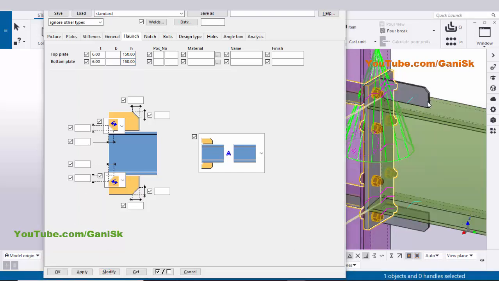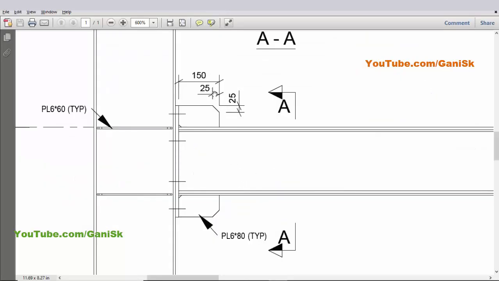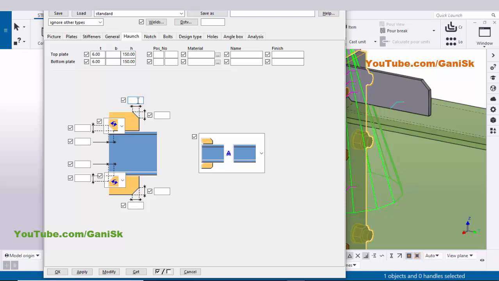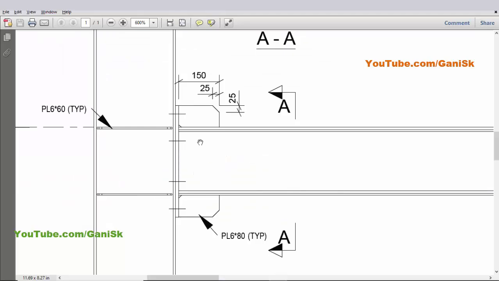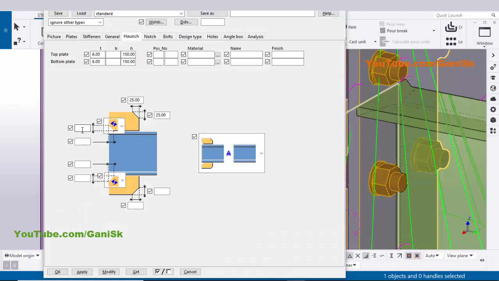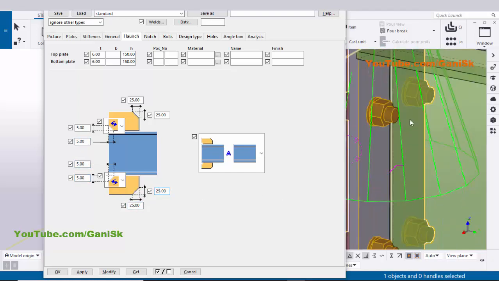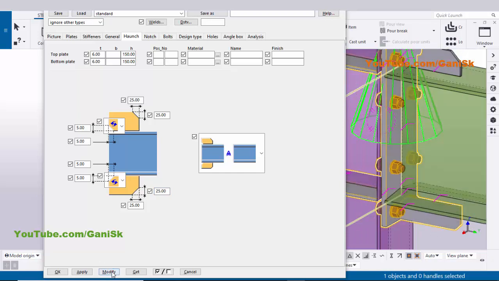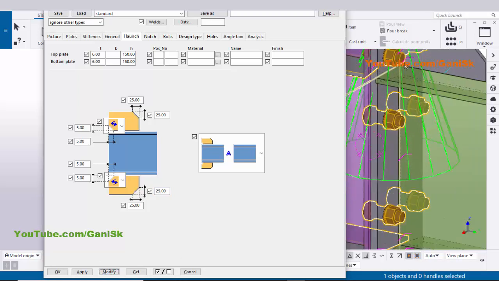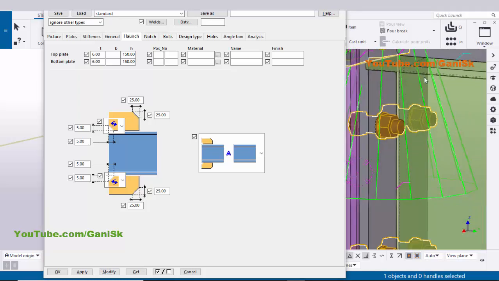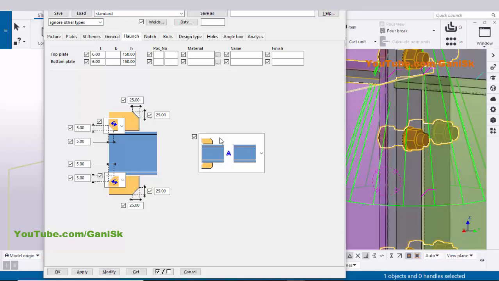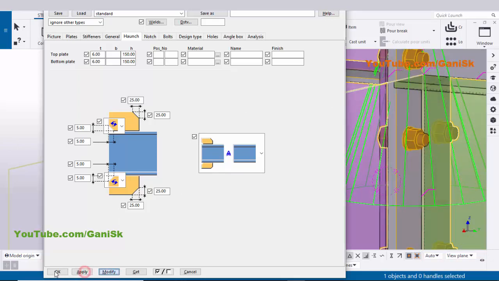Like this. Now coming to this chamfer value, in our example we have chamfer 25 millimeters, so you need to enter here 25. Click on modify it. Now this should be 25. Now coming to this chamfer, by default we are going to take here 5 millimeter and 25 at the bottom connection also plate, this one. Now click on modify to see the result. You can see now this chamfer should be 5 millimeter at this location. Okay, now click on modify, apply, okay.